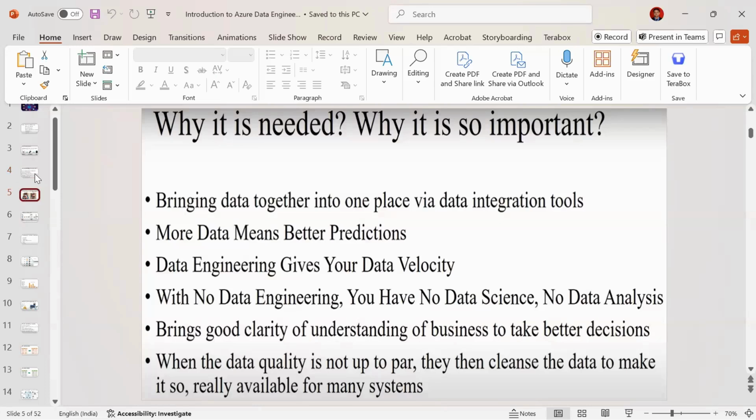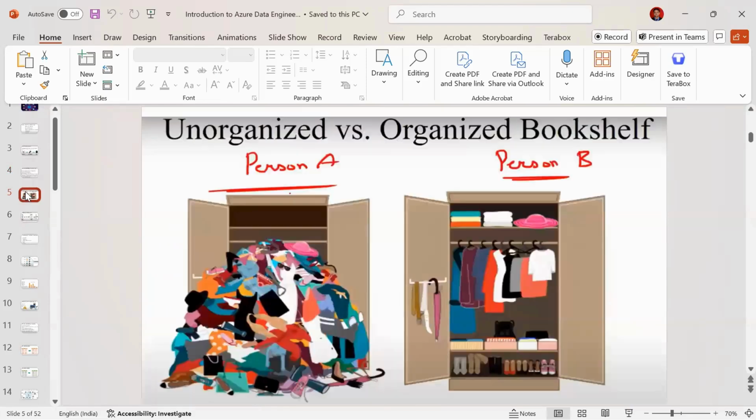That is also important. You can see this diagram where the data is organized and unorganized. So you can understand organized and unorganized data, and how it looks when you organize the data and how it looks if it is unorganized. Correct, right? So you organize the data into different tables in the database. Then you understand how they are related as well. If you don't organize the data and simply leave it as it is, what happens? You cannot understand what the data is about. This is not only for databases; in any data environment, you need to organize your data.